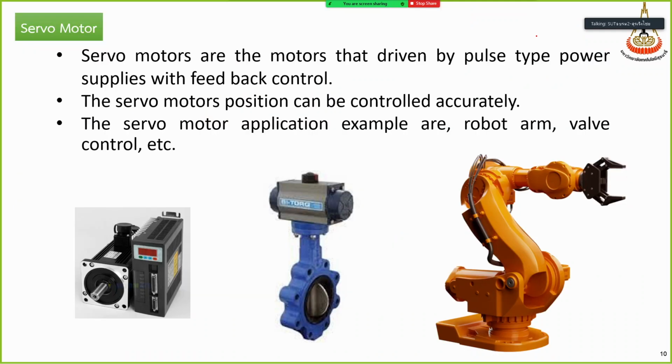There are also some special motors, for example the servo motor. Servo motors are motors driven by a pulse-type power supply with feedback control. So it's not driven by DC or AC, but it sends a pulse signal and controls the position very accurately. This type of motor has a controller to drive the motor, and it is used, for example, in